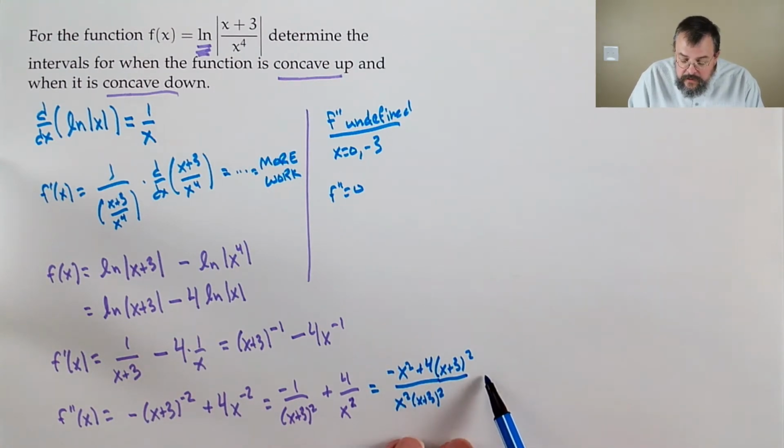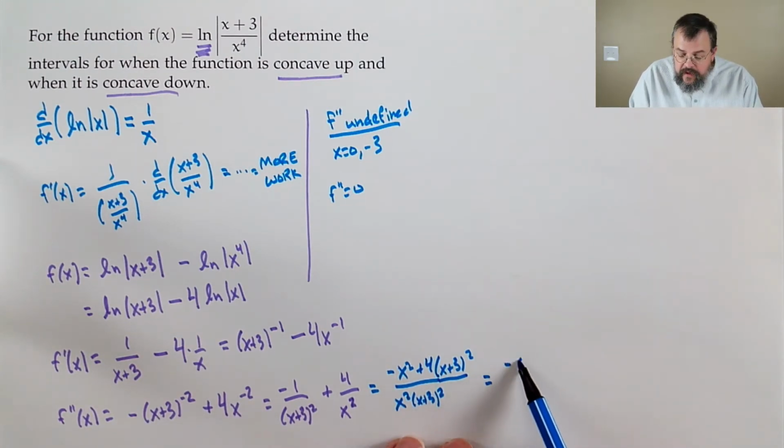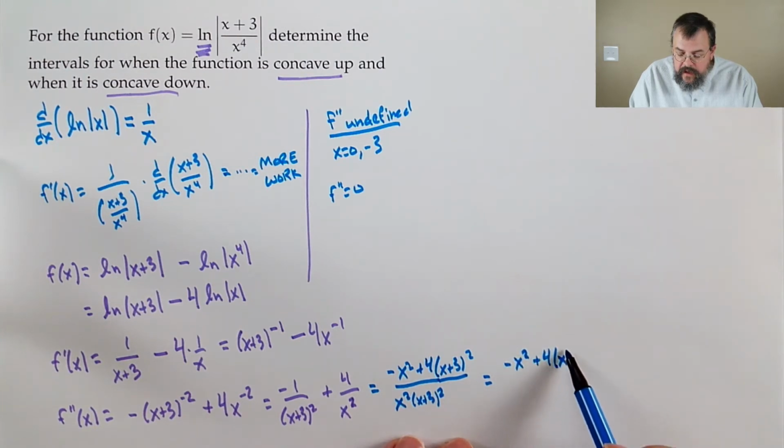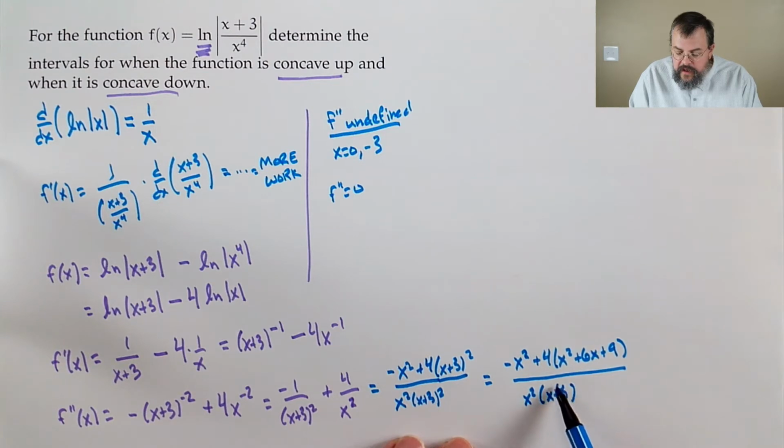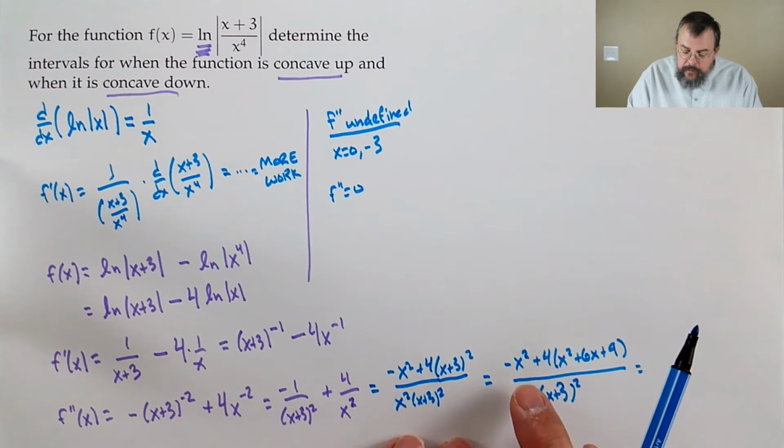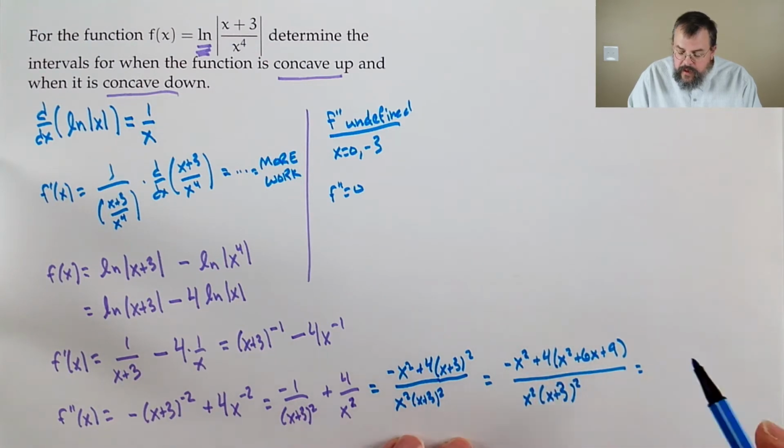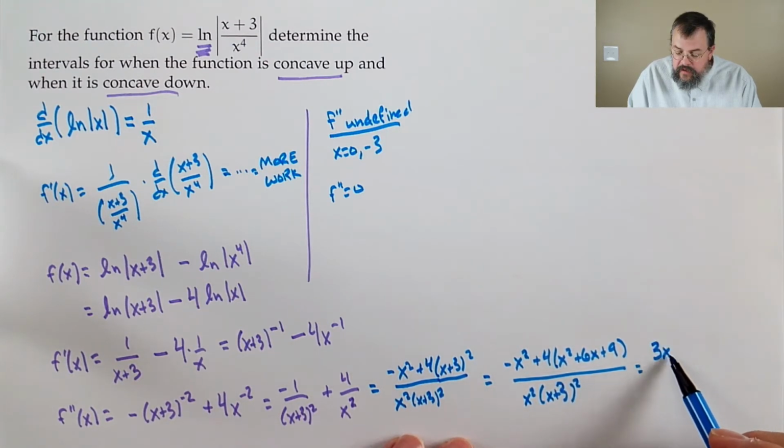Well, that would be minus x squared and plus 4 times x squared plus 6x plus 9, divided by x squared times x plus 3 squared. Minus x squared plus 4x squared would be 3x squared, and then plus 24x,